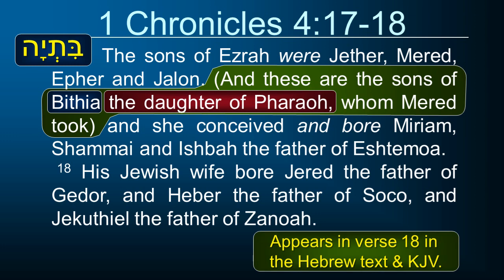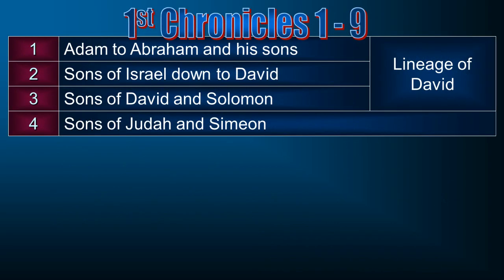Now, a little footnote: when you get to the King James version and the Hebrew text, that same description actually goes down a verse and is down here in verse 18. The New American Standard translators felt that it was better understood being connected a bit earlier. That's why they put it in parentheses to try to explain it. They're trying to be helpful, and I suppose they are. We continue with the genealogies.